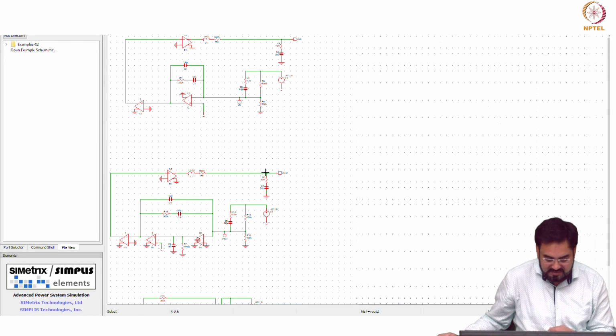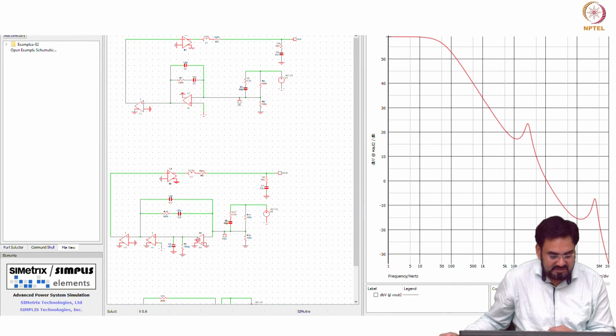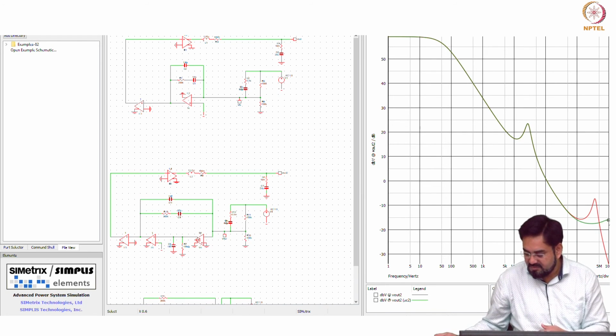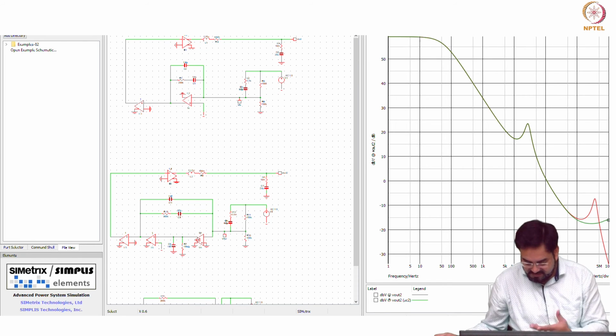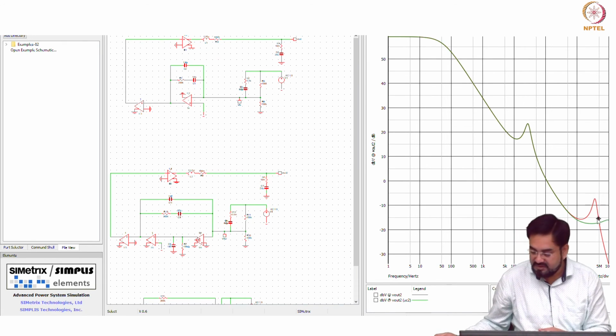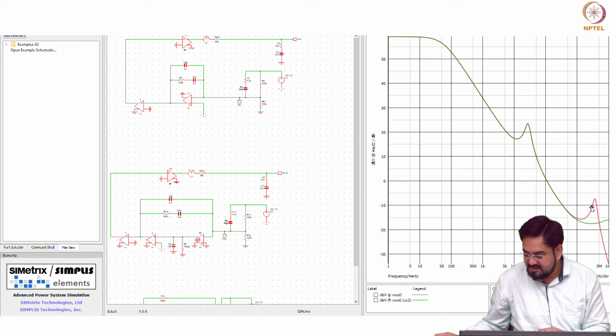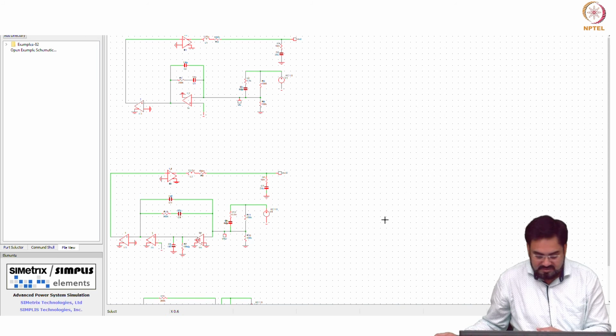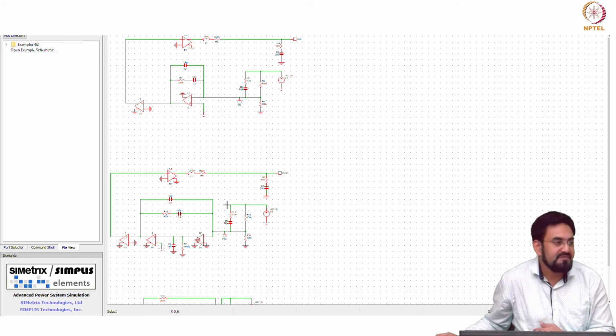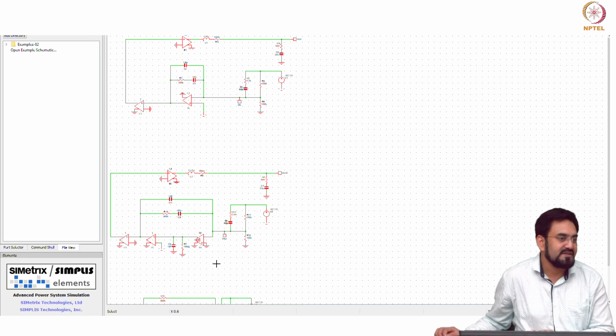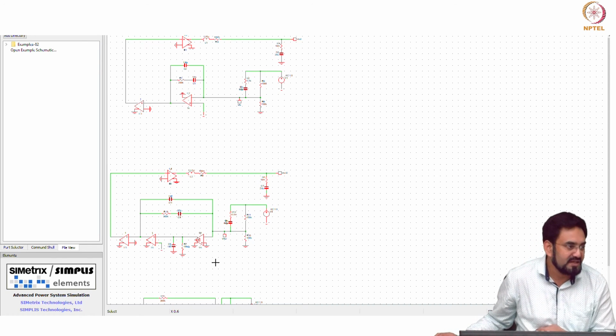Let me just have this, and on top of this I'll plot the other one. So you can see it has shifted much away, it's coming around beyond 10 megahertz also, okay, and since gain is also dropped, you will see that the resonance peak will also reduce. So that's why if you don't have those two high frequency poles, you may require a very high bandwidth here, which means that will come at the cost of current consumption.